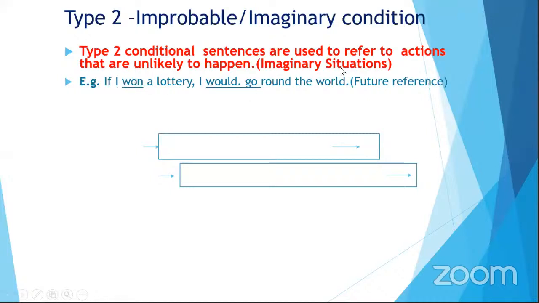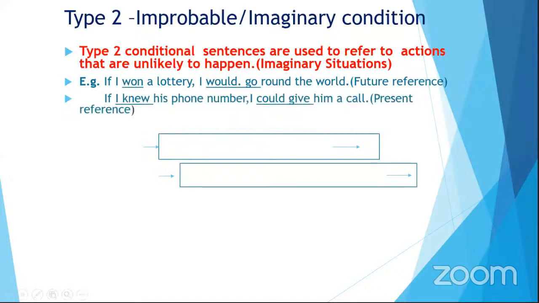This has a future reference. This is very important, dear students. Future reference I have given this. Remember, although the word is in the past tense, it does not have anything to do with the past tense. So remember, nothing to do with past tense. Here you have the future reference. Look at the second one, dear students.